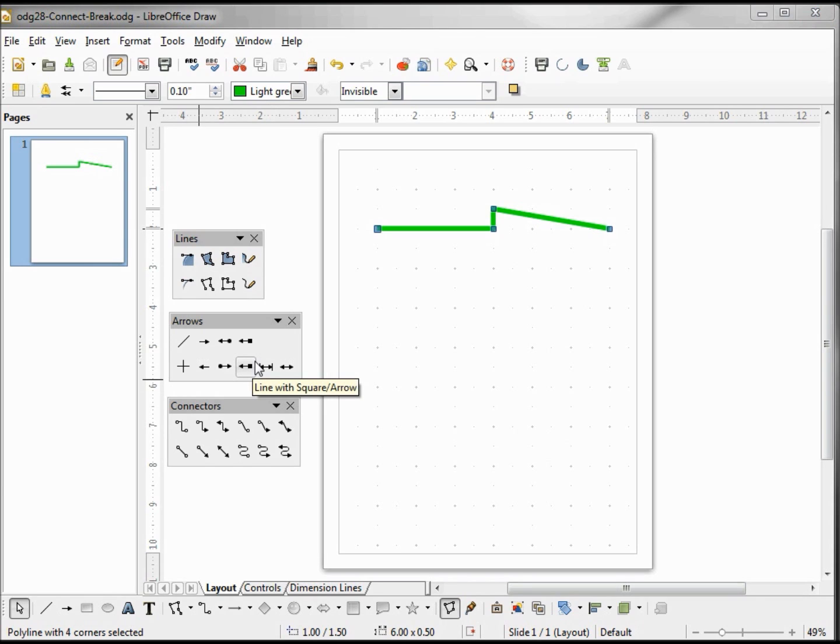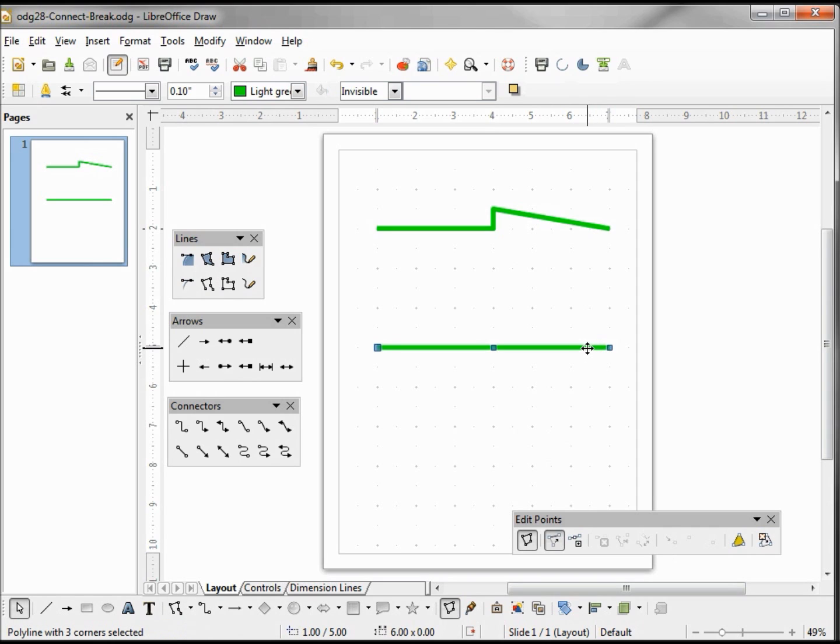Now I'm going to add another polygon line, just like we had, clicking, holding, releasing, creating another transition point, and then double clicking to complete the line. I'm going to make a copy of this line using Control C, Control V, and move this down a little bit.